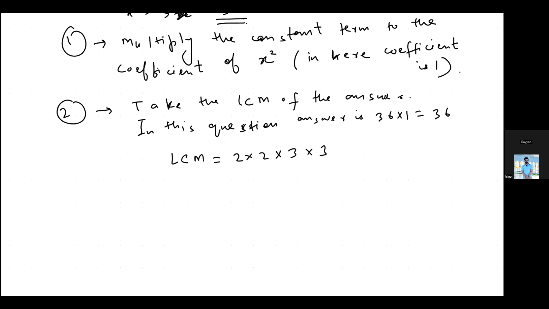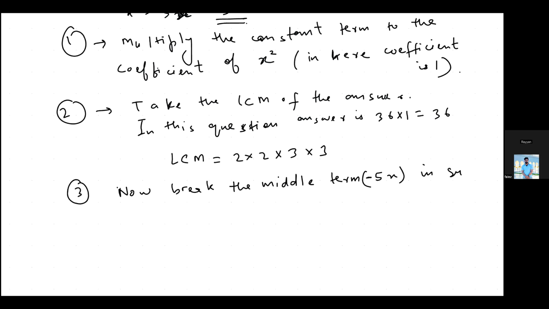Now, third, now break the middle term, 5x minus 5x actually, in such a way that... and how will you do that, by the way? How will you break this term? That is also I will write down. Now break the middle term minus 5x